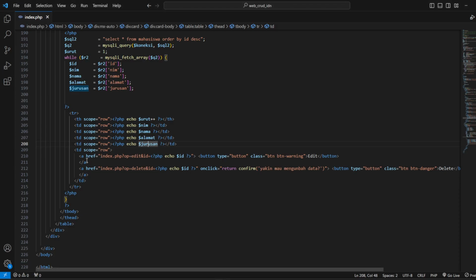And for action, the first is we must have the tag a and href, and the value of href is index.php, and this is a question mark, but this is not a question, this means op.